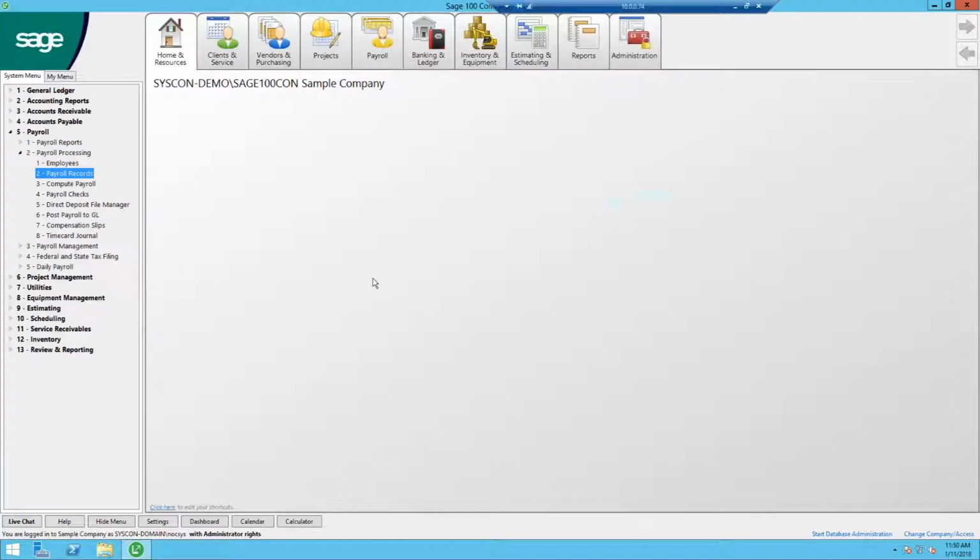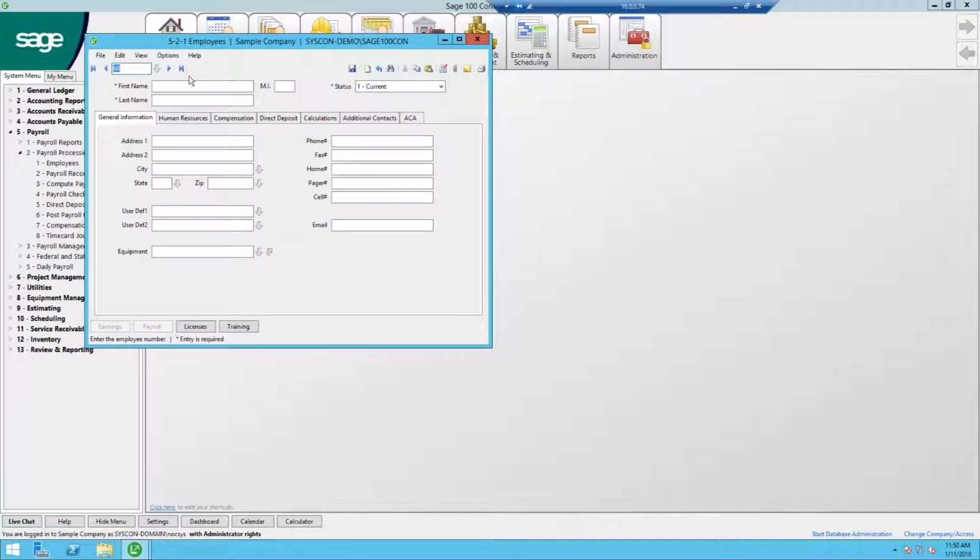We also have another filter. If I go to employees, in the employees, we always recommend when you archive the payroll year that you don't,